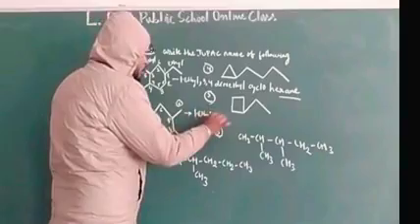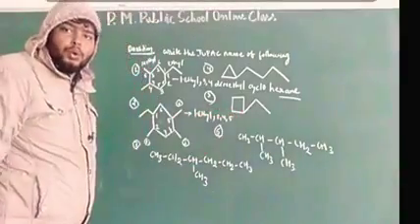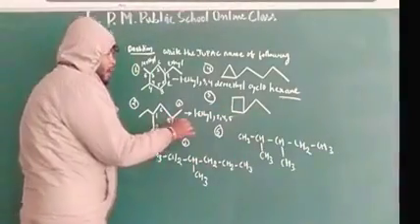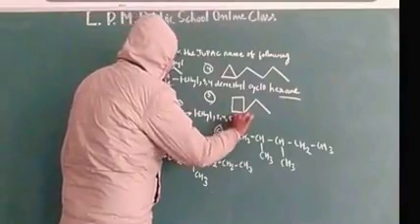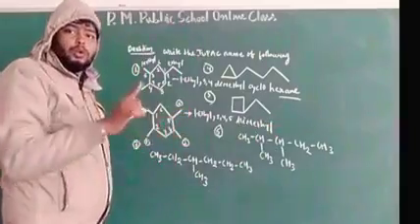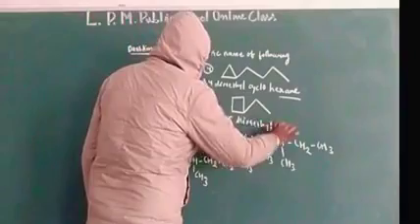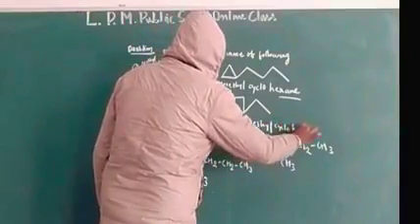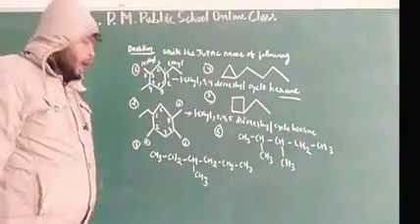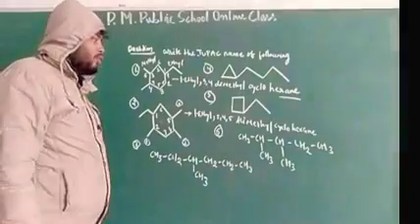Okay. 3 methyls are there, so you have to write trimethyl: 1-ethyl 2, 4, 5 trimethylcyclohexane. That means the name of the second organic compound is 1-ethyl 2, 4, 5 trimethyl